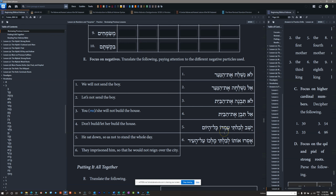Number 5, we've got Yeshav levilti amdu kol hayom. All right, so Yeshav, pretty straightforward. He dwelt or he sat. Let's get more context. Levilti, again, this is negating an infinitive. So it's basically giving you negative purpose. Okay, so it's like so that, or in order to, but it's in order to not rather than in order to. Okay, so he sat down with the intention not